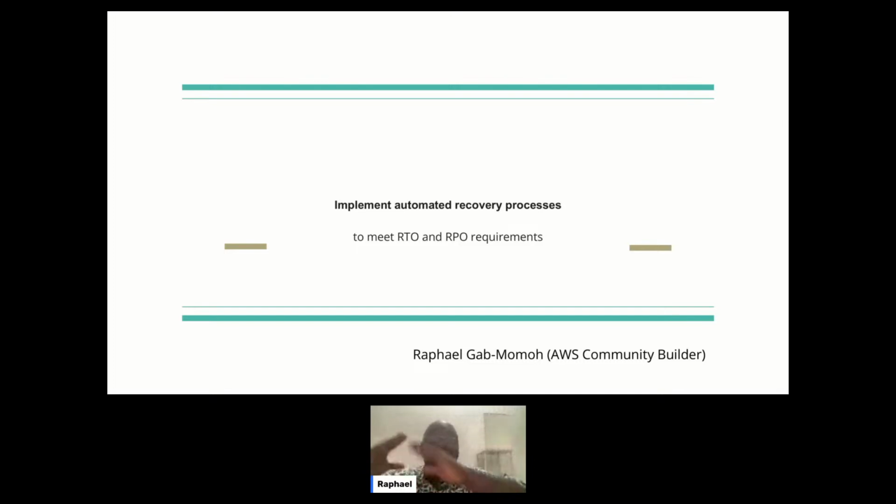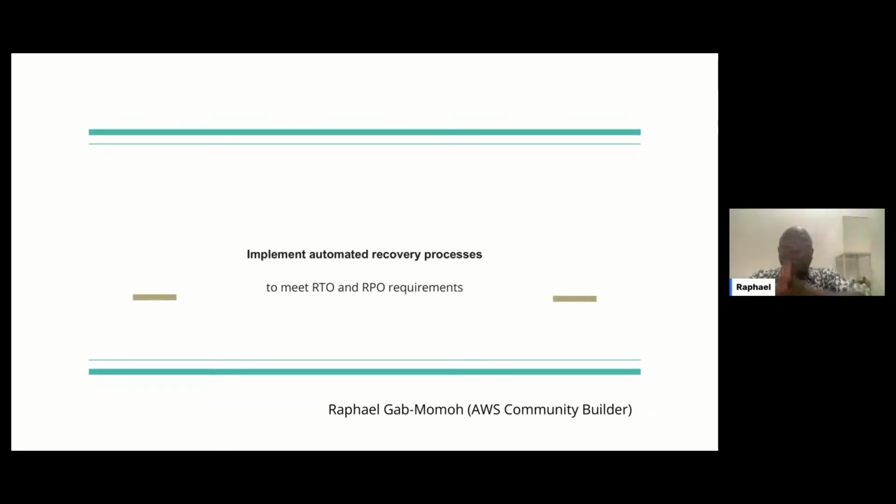So today, as I said earlier on, we are going to be talking about very, very important concepts with regards to the cloud. As you all know, the reason why people go to the cloud is because they want to save money. You do not want to have your own data center. You don't want to have electricity running 24 hours, or your internet running 24 hours, or your cooling running 24 hours, and you don't want to pay staff to maintain those things. So you want to pay as you go, and you want your application to run, and you don't want to disappoint people.